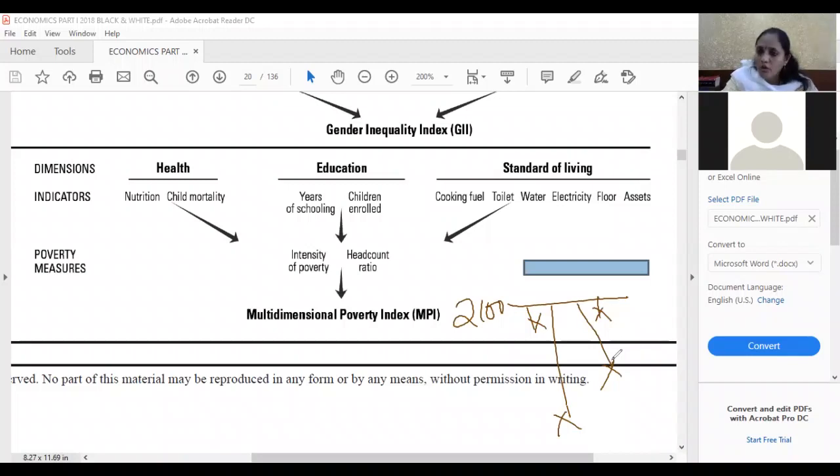It is essential because assume you become a district collector tomorrow, and you are given the agenda of alleviating poverty in your district on a specific mission basis. First of all, you need to know how many poor people are there in your district. That is the head count. Second, you will be asking how poor they are, very far below the expected level, or closer to it? Depending upon which you will be able to